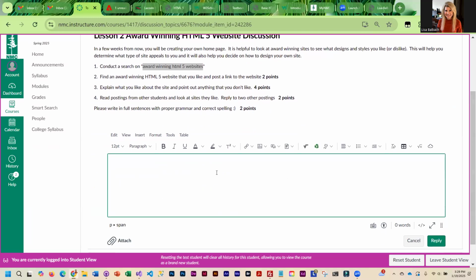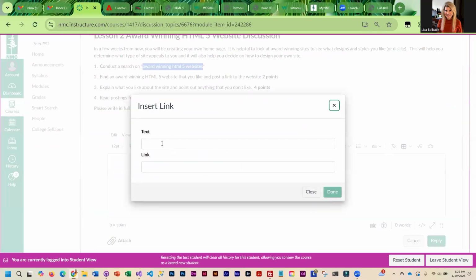Okay, so once you find a site that you like, you're going to hit reply, and you are going to post a link to that site. And the way you post a link is you're going to click on the link and you're going to choose external link. To copy,